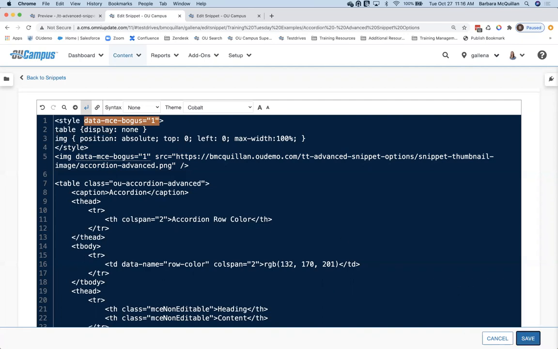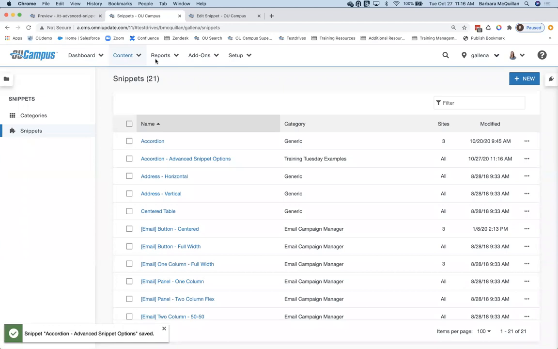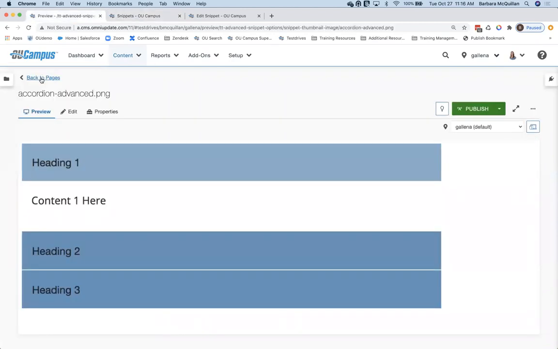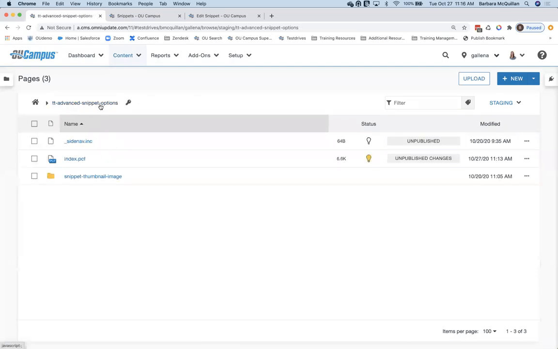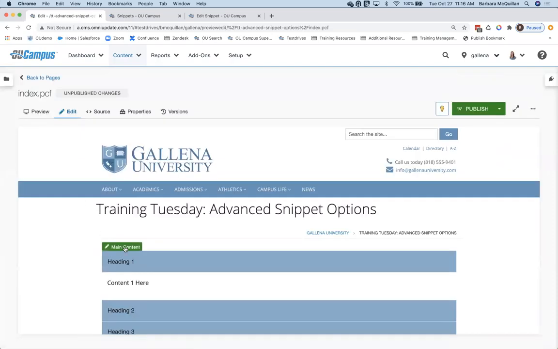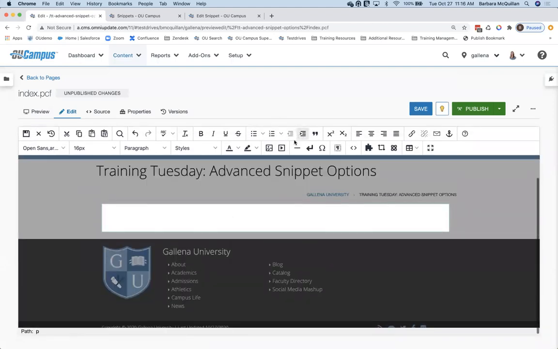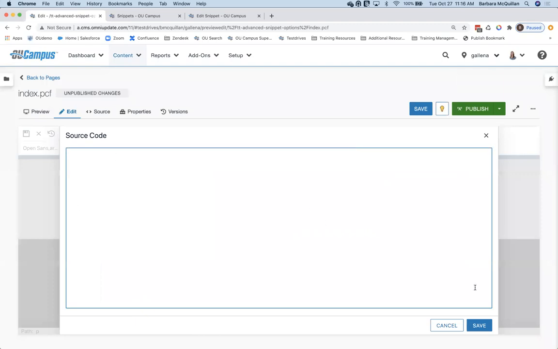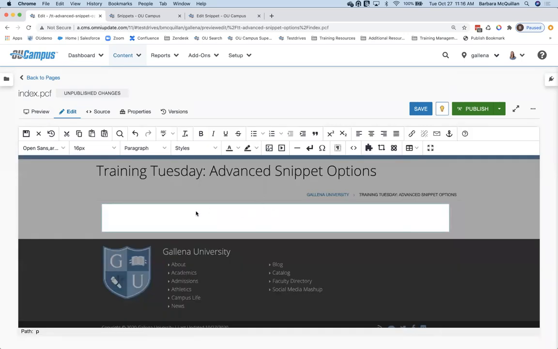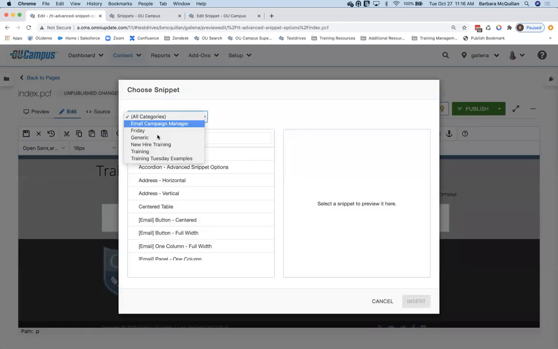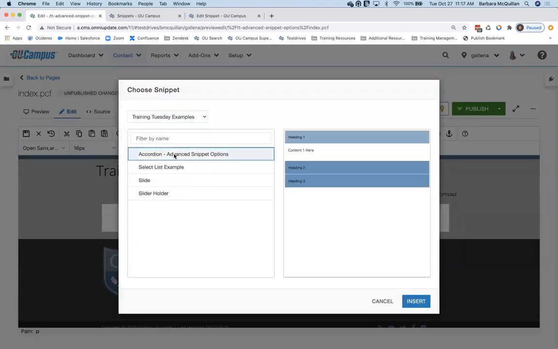So let's go ahead and save. Back over to my page, we'll open up that editable region again. Let me start by just deleting everything out, so I have some nice blank empty source code in here, and I can prove to you guys that none of those bogus nodes are coming over. When I go to enter the snippet into this editable region, I now get that nice little preview image, so I actually get to see what it should look like when it is rendered out.